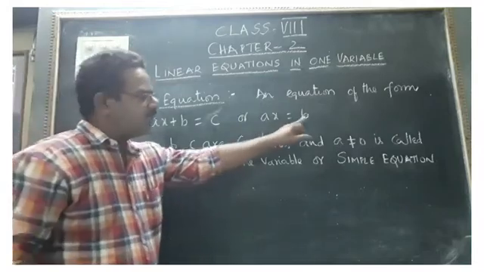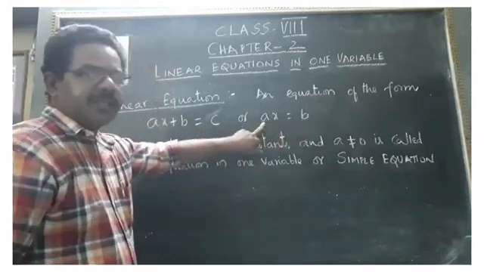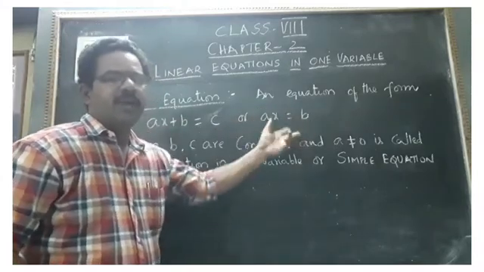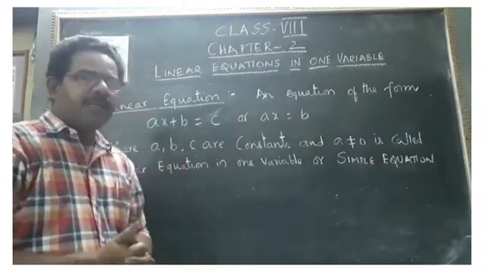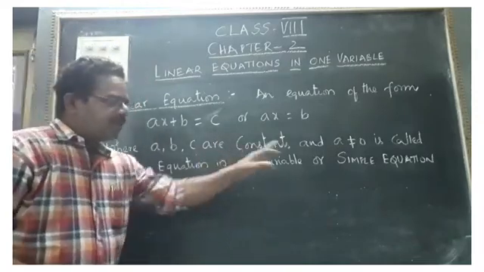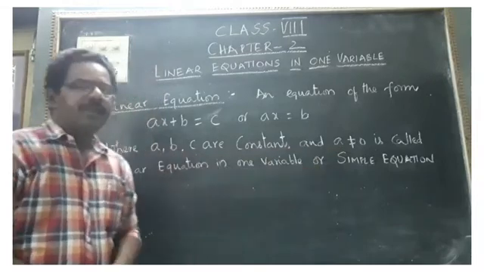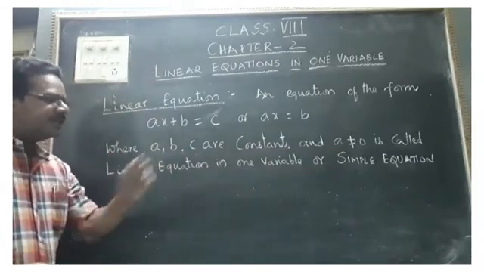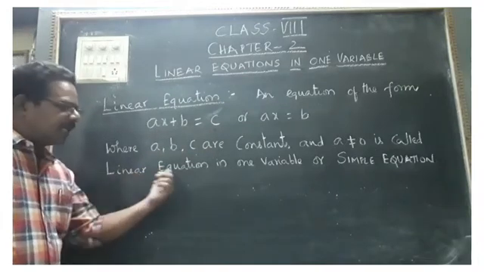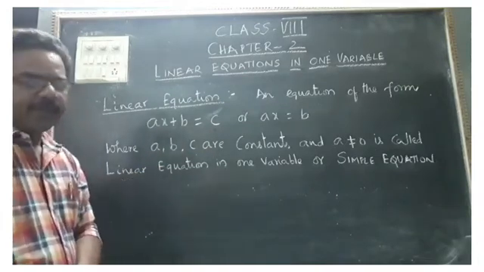Here also, ax is equal to b. Suppose a is equal to 0, 0 into x is equal to 0, so 0 is equal to b. The second value will become 0, then it will not be an equation. Understand? So the condition we have to apply is a should not be equal to 0, and a, b, c are constants. Like this model equation, we call it a linear equation in one variable.